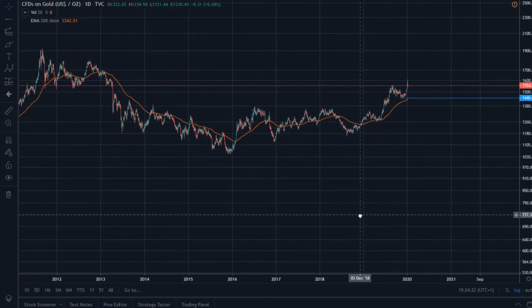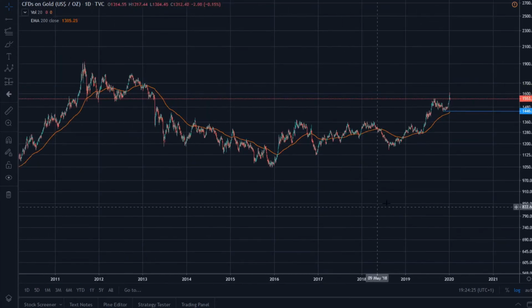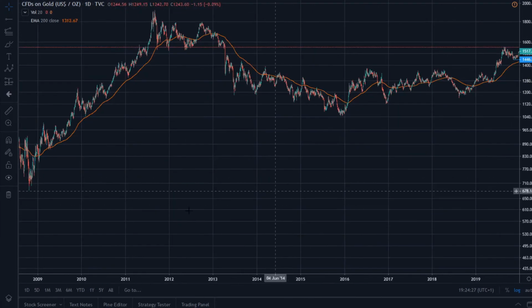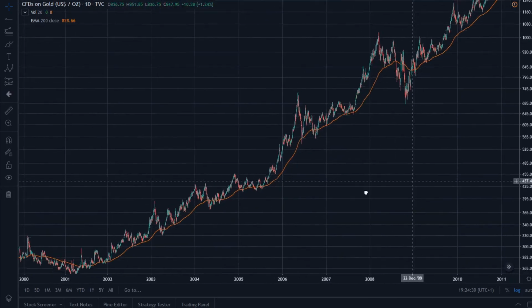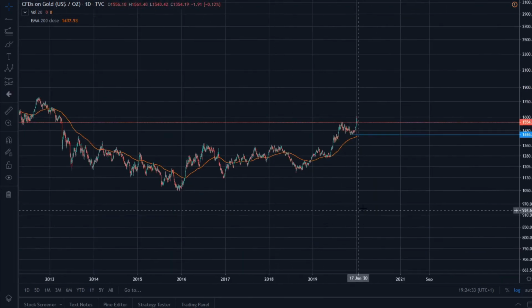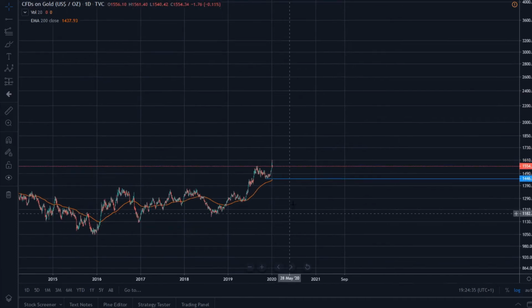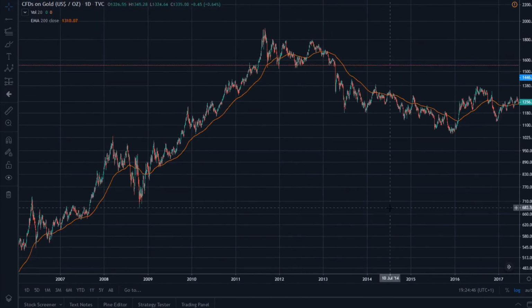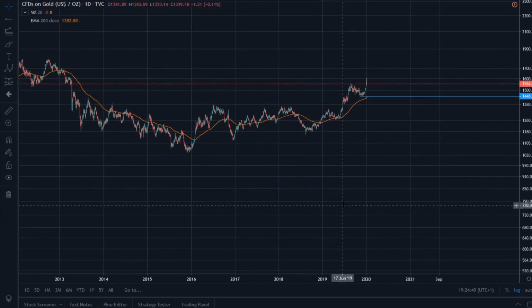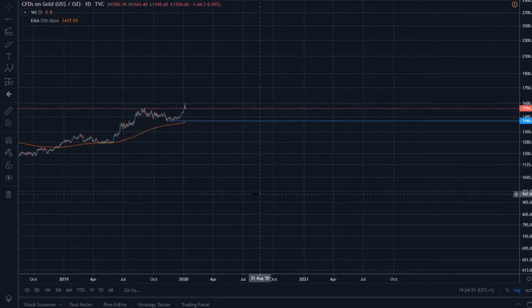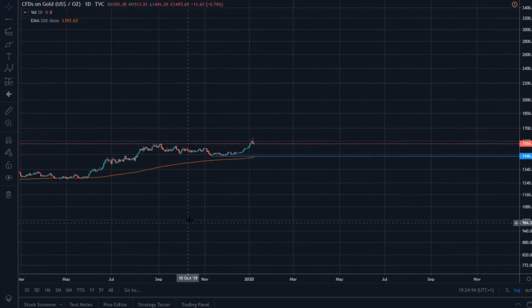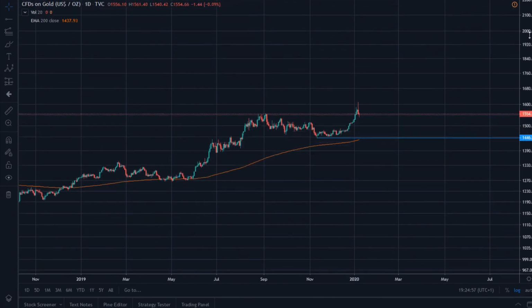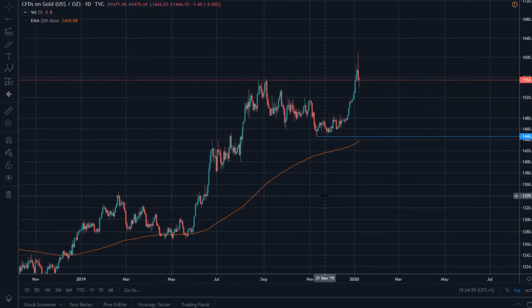Right now, we have to see how far gold goes, but in the long term, especially if you view all of this, I'm very bullish for gold. And in the next years to come, I am very, very sure that we will see prices at $2,000 and even higher. If you look at this, the gold price will go up over time, and we just have to see in what time frame gold does what, and what the current movement patterns are.